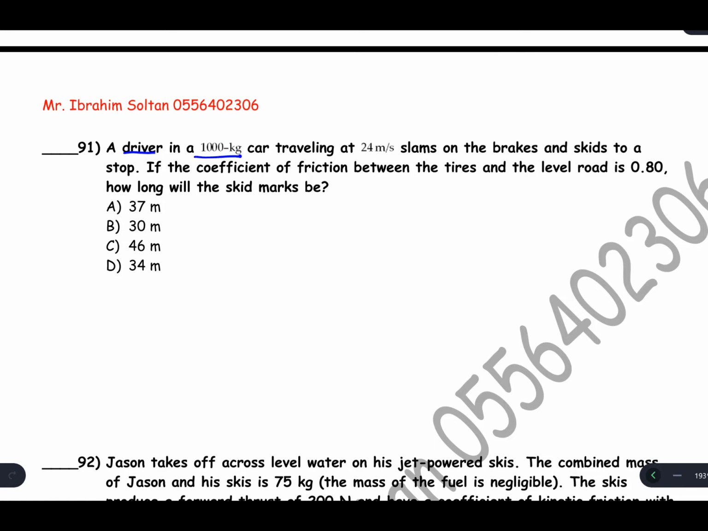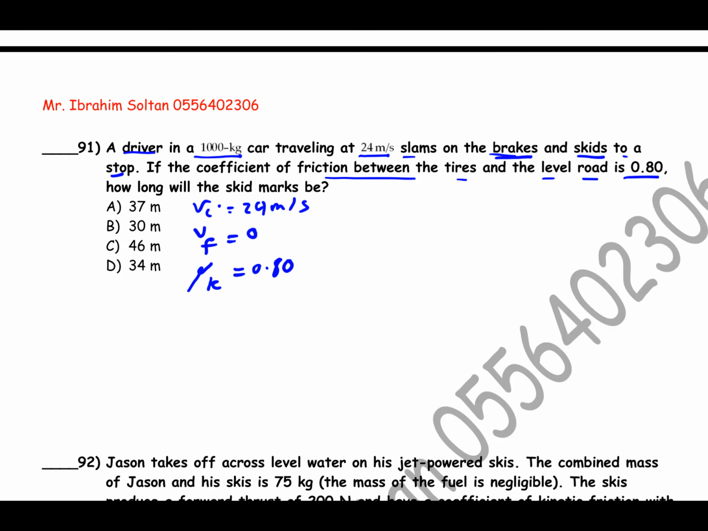A driver in a 1,000 kilogram car, he gives you the mass, traveling at 24 meter per second, slams the brakes and skids to a stop. So v initial equals 24 meter per second, v final equals 0. If the coefficient of friction between the tire and the level road is 0.80, so mu k equals 0.80. How far will the skid marks be, because the answer is in meters? So he needs s. Can you calculate the acceleration first? You know well that